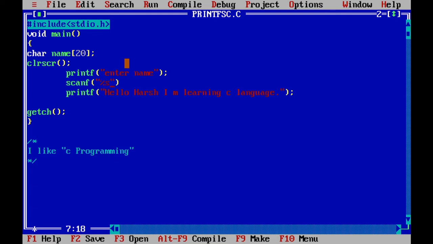So %s format specifier is used to read the name. So I will put name here. So name is an argument, you can say, and this is the information string. Here it contains the information about the format. Here I am saying that %s means read this argument in the string format. So whatever data is entered by the user, it will be read into the name. It will get stored in name.